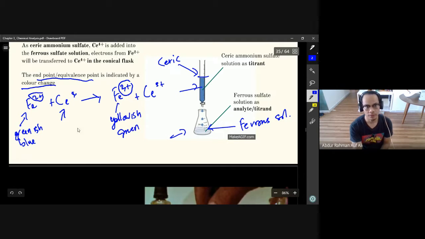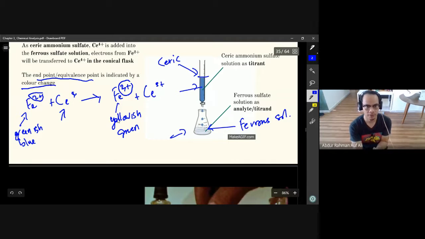This is without any indicator solution. Okay, because the oxidation state is a different thing. Fe2+ and Fe3+ is still iron, but it's a different oxidation state. So it's a bit different. Its electron structure in the atom is already different. And due to the change in the atomic structure, the electron structure, its physical property is also affected by